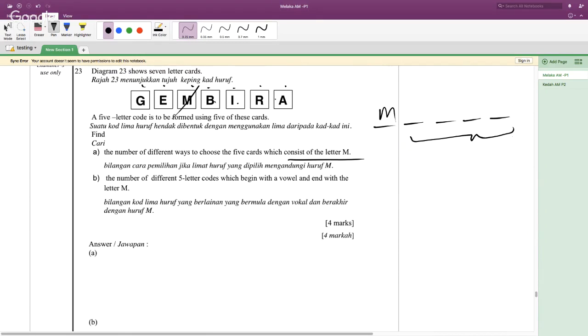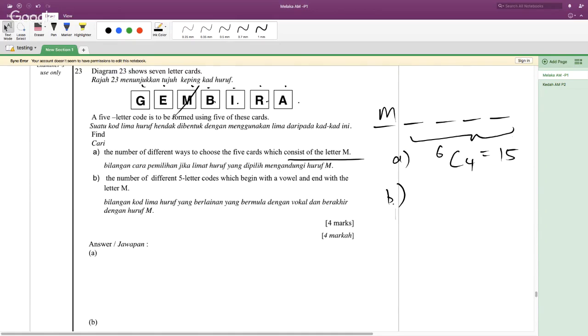We have 1, 2, 3, 4, 5, 6. So 6 cards, I want to choose 4 cards here because I want to choose 5 cards, isn't it? So the answer is just 6C4. This is C first because not yet the number code. So this is 6C4 and then you will get 15. This is for A. All right, for B,